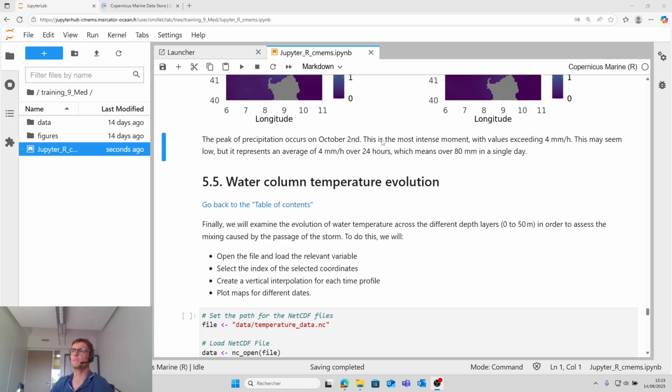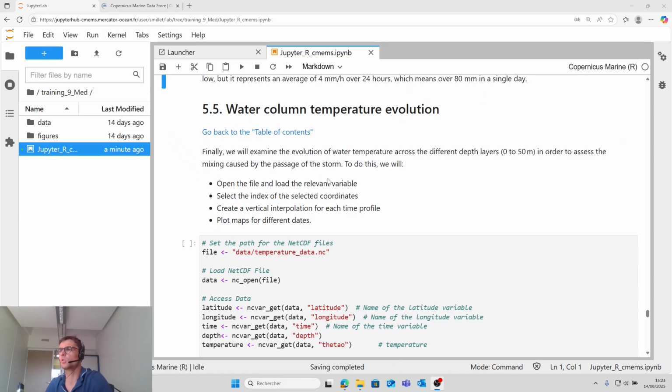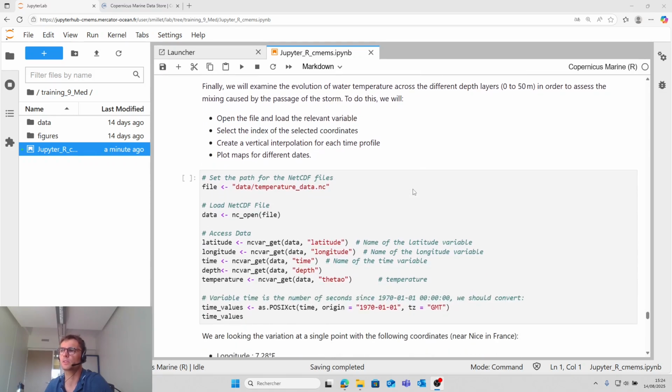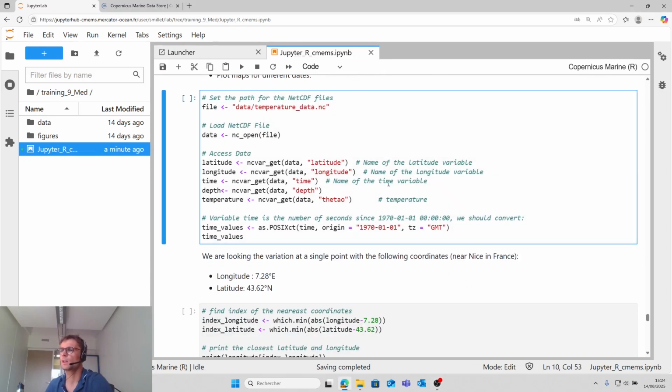Now we will see the impact of the storm Alex on the temperature in the water column. To do this, first we will open the file and then we select the index of the selected coordinate because we will work only on one point. Then we will create the vertical interpolation for each time profile, and finally we plot a map for different dates.